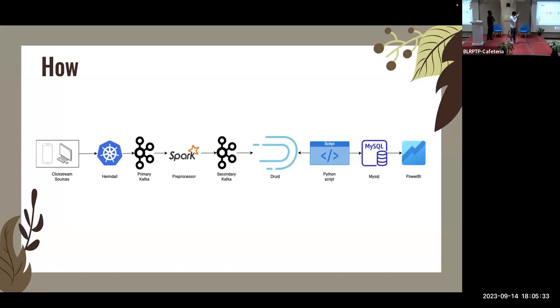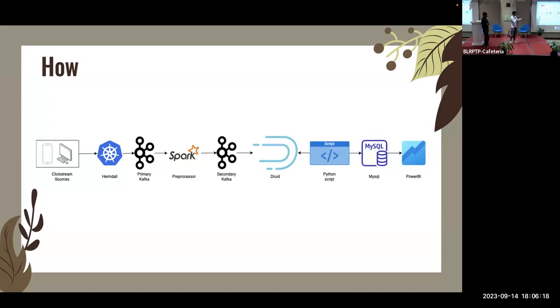All these sources generate the clickstream data and post it to our internal service called Heimdall. Heimdall is a service written in Go. It currently runs on Kubernetes pods, and it is really low latency and very highly scalable. As I said earlier, Myntra scale is what made us build this, so that application is able to handle all that. What it does is take that data, do an initial few checks, and then push that data